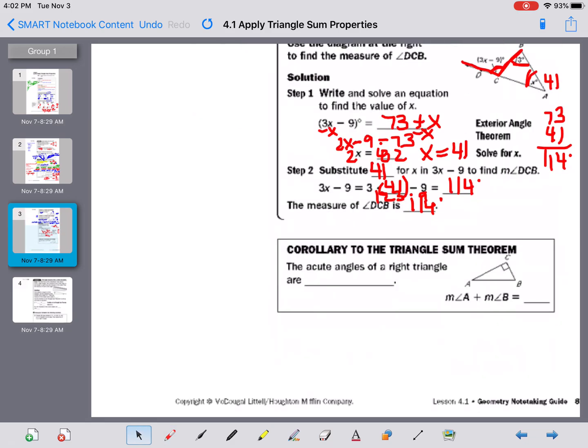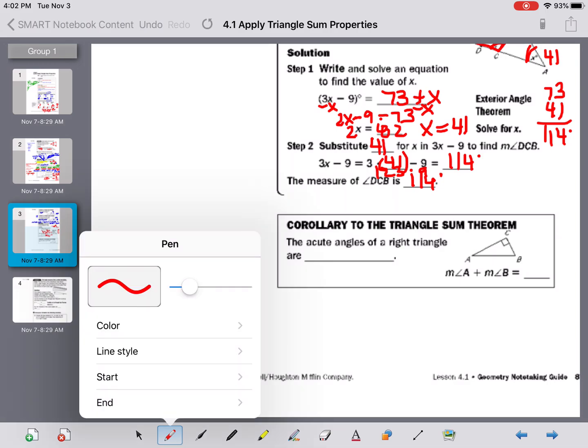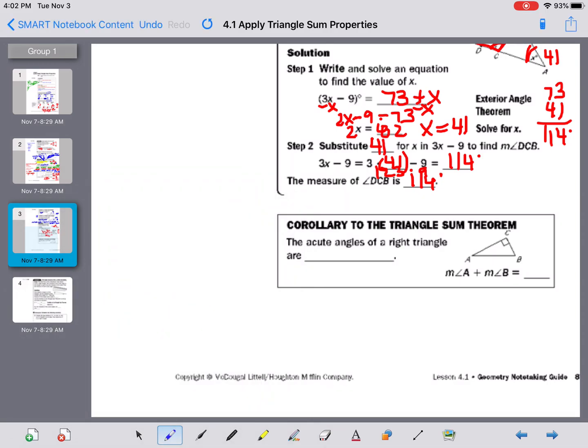All right. This corollary, remember, is something you can derive from something you already know. Kind of just a side thing. The acute angles of a right triangle are complementary. We just said, what do all the angles inside of a triangle add up to? 180. Well, if you already have one right here that's already 90, that means the other two have to be